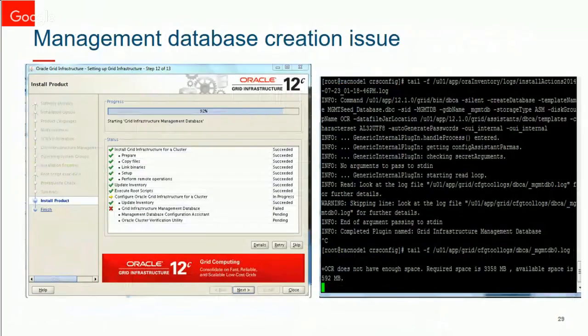Now this is a very important thing which I missed earlier: the grid infrastructure management database. What it does is create a management database, which I mentioned earlier, in the disk group where your OCR is lying. You need to make sure the disk group you are using has a sufficient amount of space for this database, because this database contains around 3.7 GB of data. So you need to keep sufficient space in the disk group so that this database can be created. Otherwise,